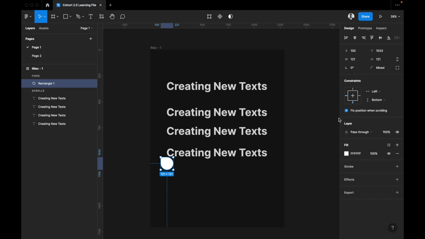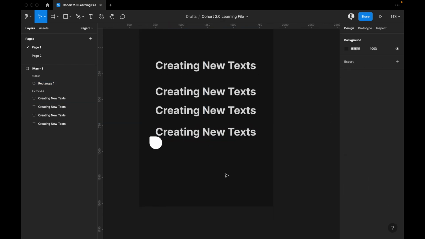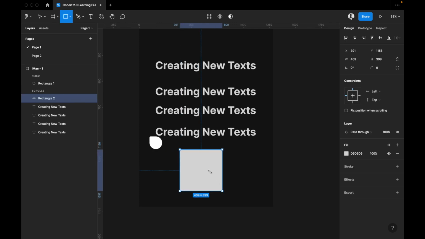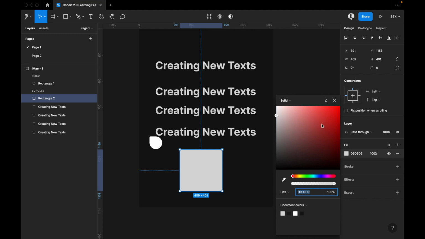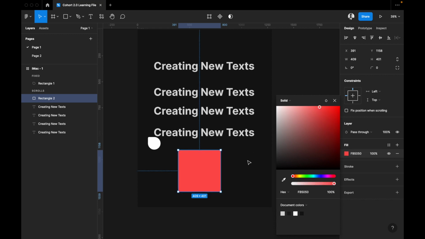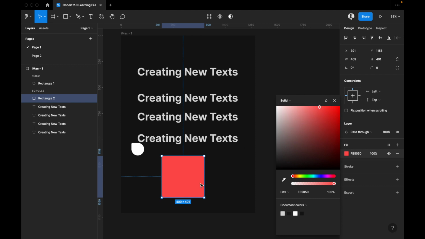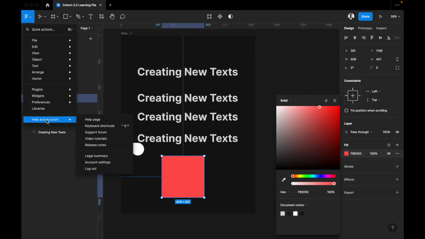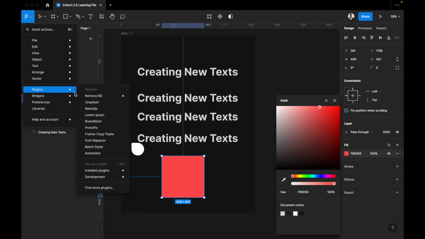Yeah. So I think the next thing we should also look at are the layers, right? I'll just come up with a quick example. Let's put a rectangle here, and before we explain this, let me first talk about the fill because I'm going to use an example to explain this feature. So we can put in a particular image, and I'm going to use a plugin for that. I have the Unsplash plugin installed, so you can click on plugins,